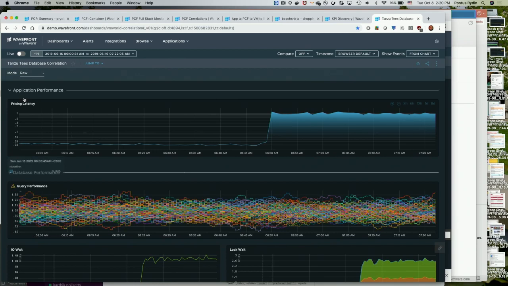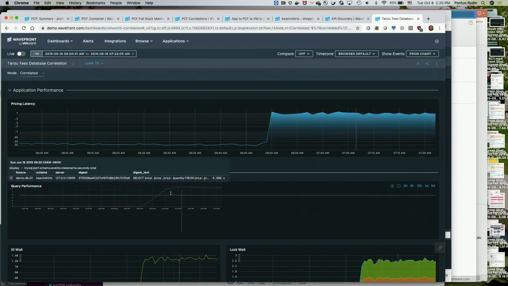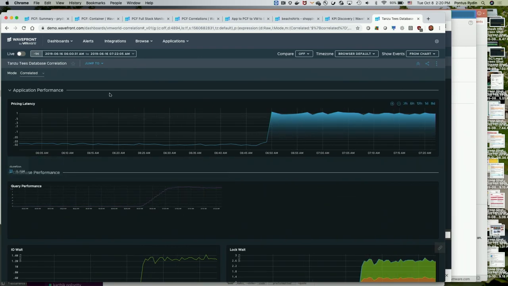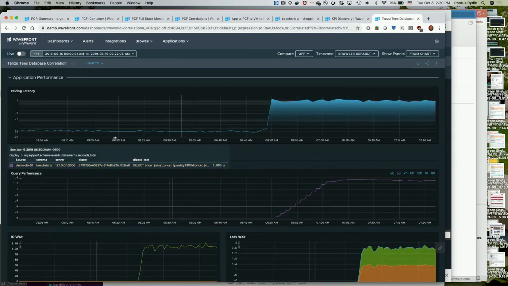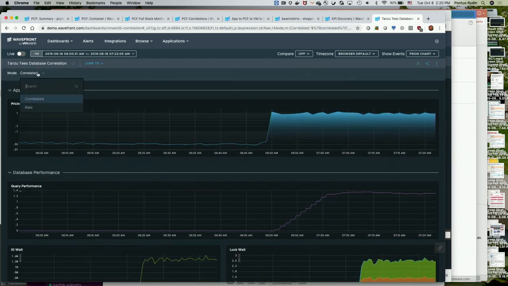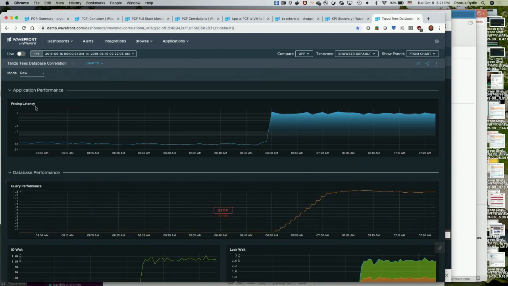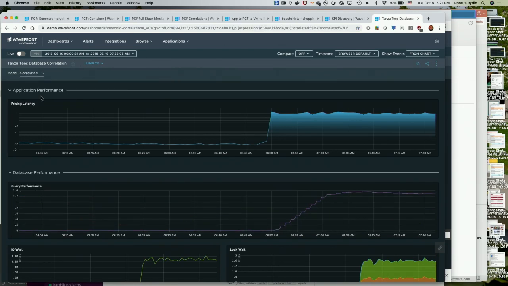What I need to be able to do is a correlation, right? So hopefully this loads rather quickly. Wow. It's probably because I've been changing resolution back and forth there. There you go. So what I did was take it from showing all the SQL statements to only showing the ones that are correlated. Correlated with what? The ones that are correlated with my performance there, right?